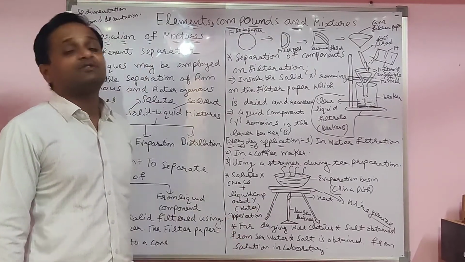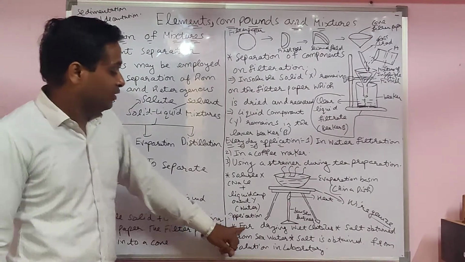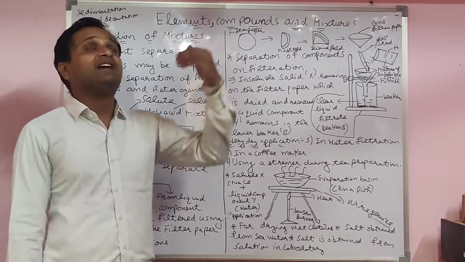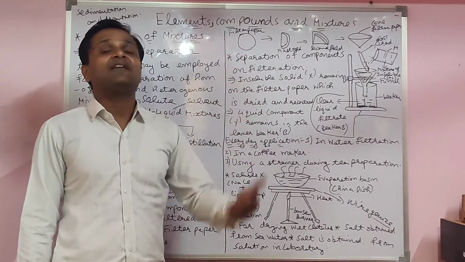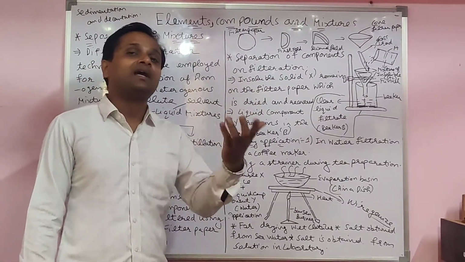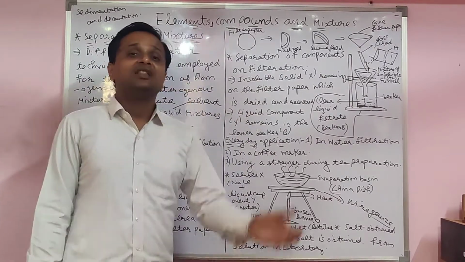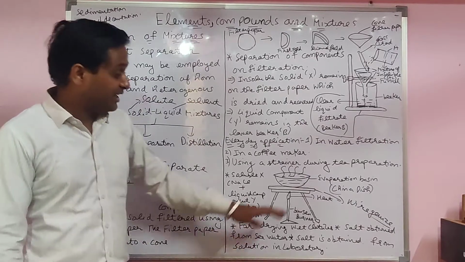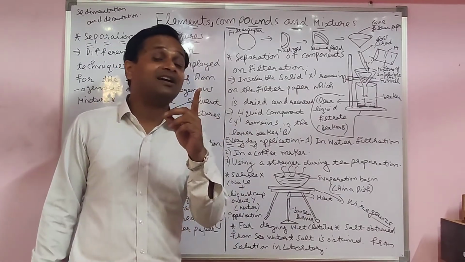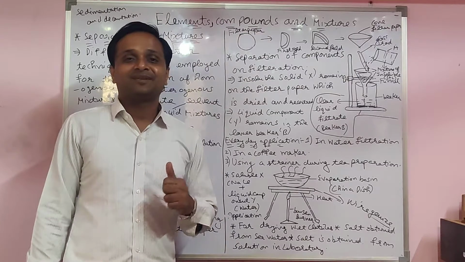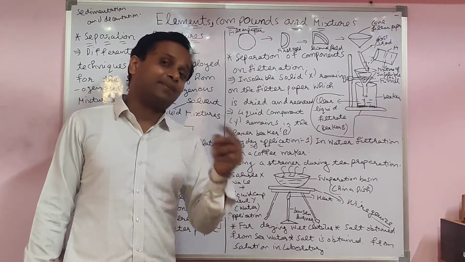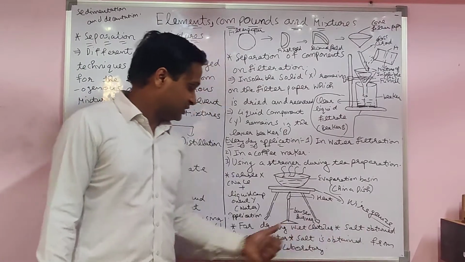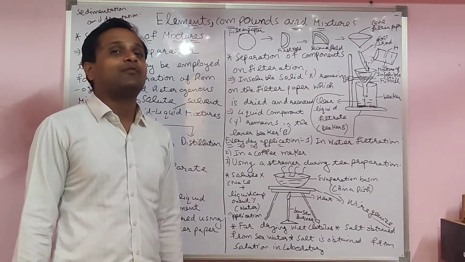Now, an application of evaporation is the drying of wet cloth. When you put the wet cloth up, it becomes dry after some time. How? By evaporation. The water changes into water vapor, and that is called evaporation. But in evaporation you do not heat up to 100 degrees; it happens below the boiling point, while vaporization happens above the boiling point. Salt is also obtained from seawater with the help of evaporation.